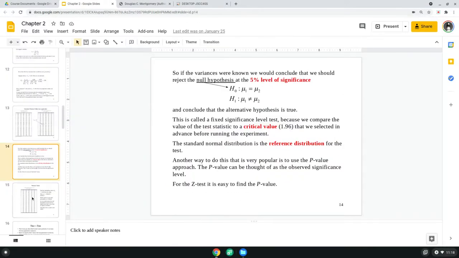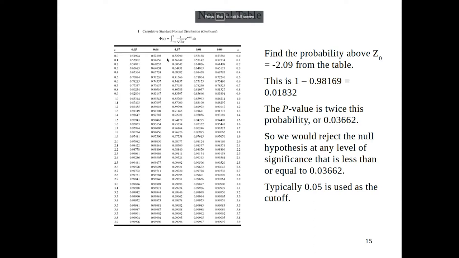So how can we do that? Find the probability above z0 of minus 2.09. In the tables given in the book, they are only for positive values, not for negative values, so we need to look for 2.09. They are the same for negative, right? This is equally distributed in both directions. So I'm looking at the z value of 2.09. So z value of 2 here and 09, 2.09. And there I got that